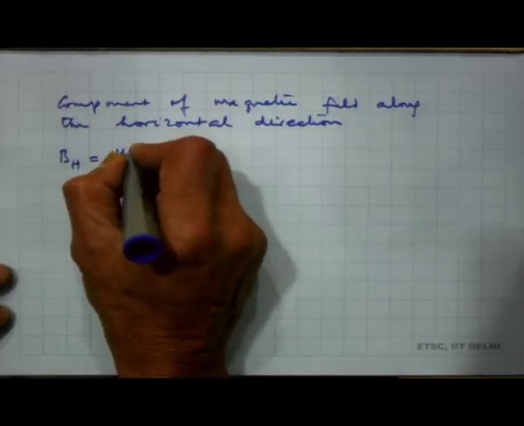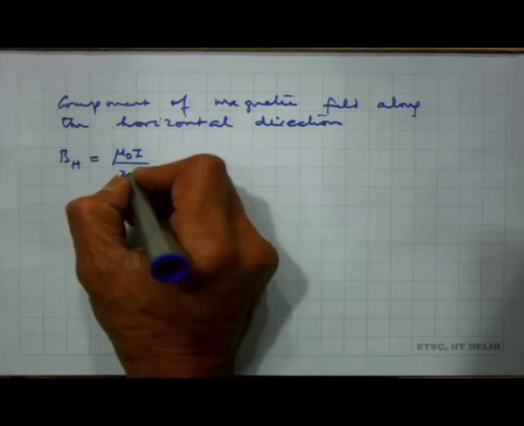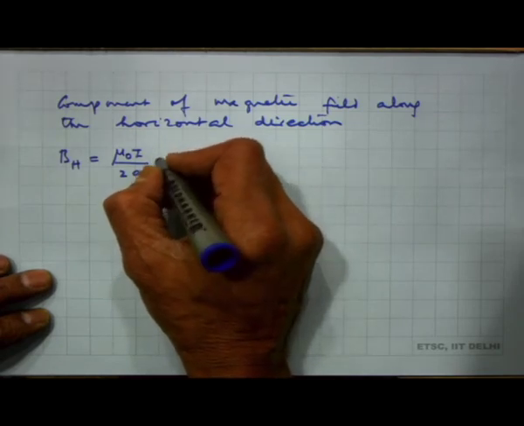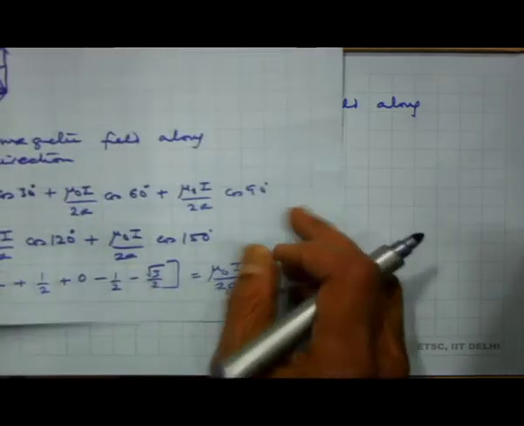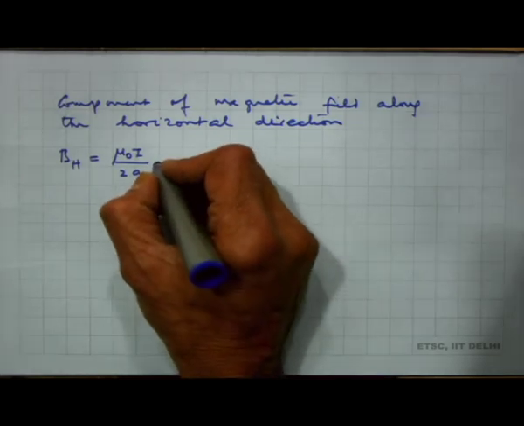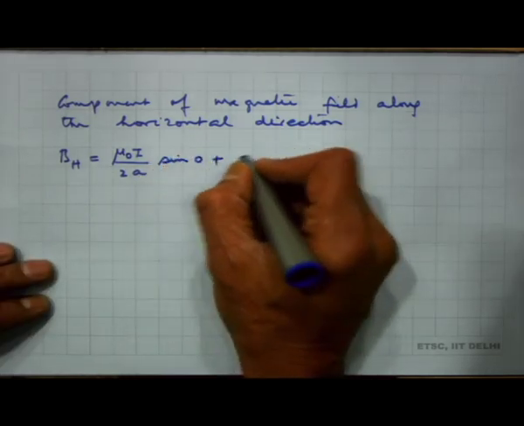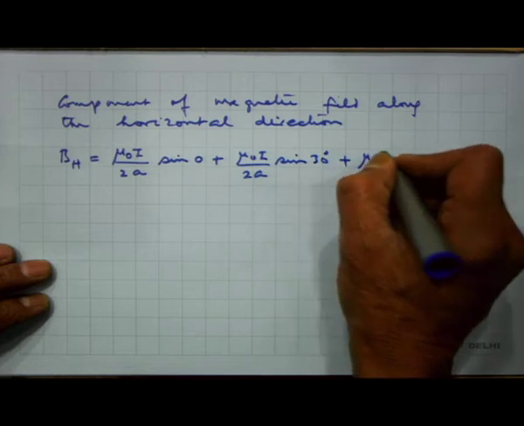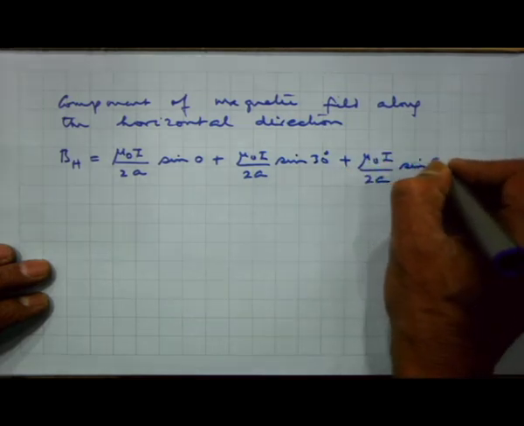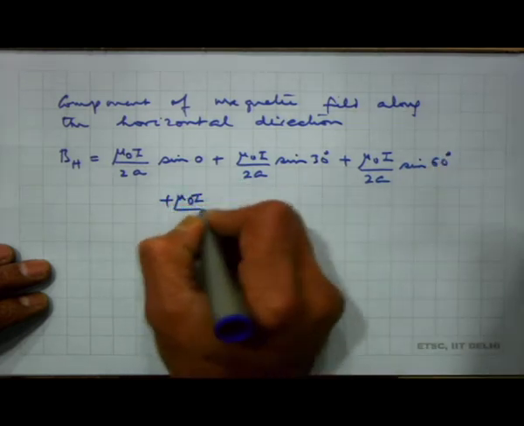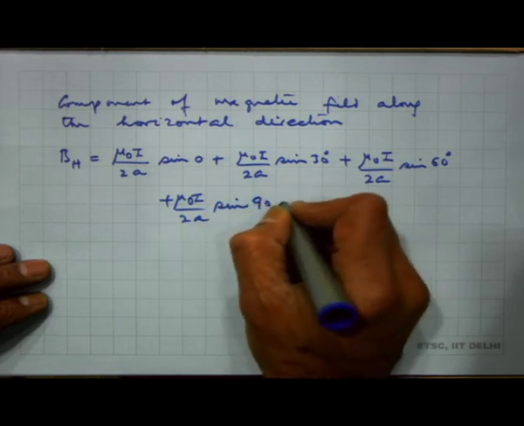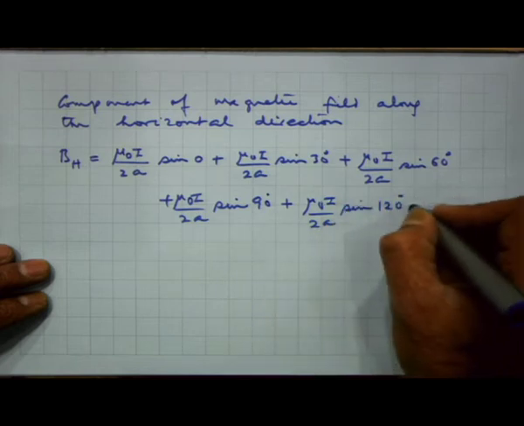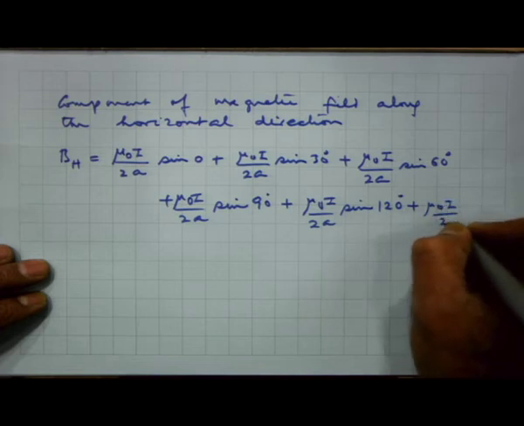So, I will have mu naught I by 2a sine 0 plus mu naught I by 2a sine 30 degrees plus mu naught I by 2a sine 60 plus mu naught I by 2a sine 90 plus mu naught I by 2a sine 120 degrees plus mu naught I by 2a sine 150,